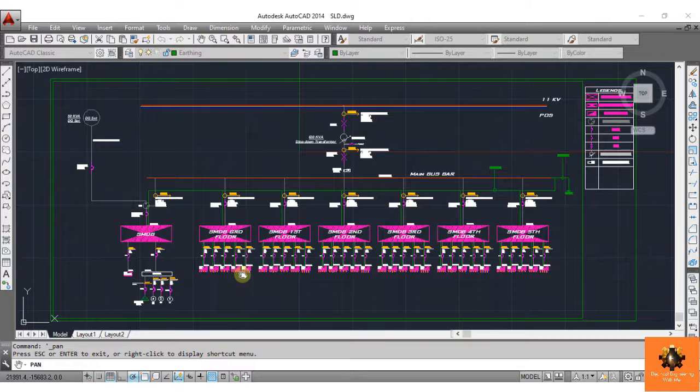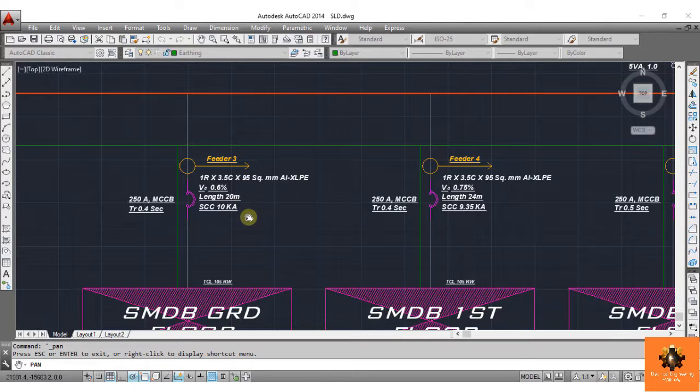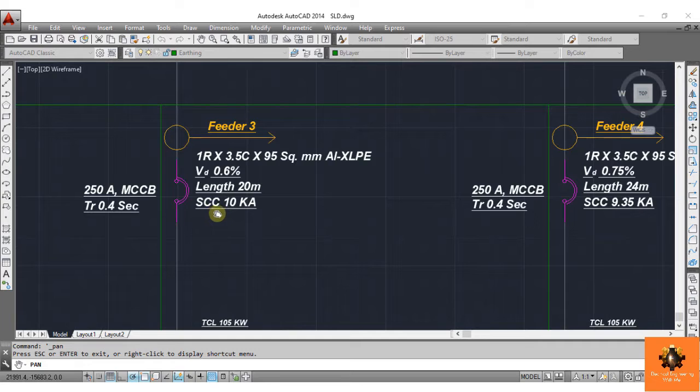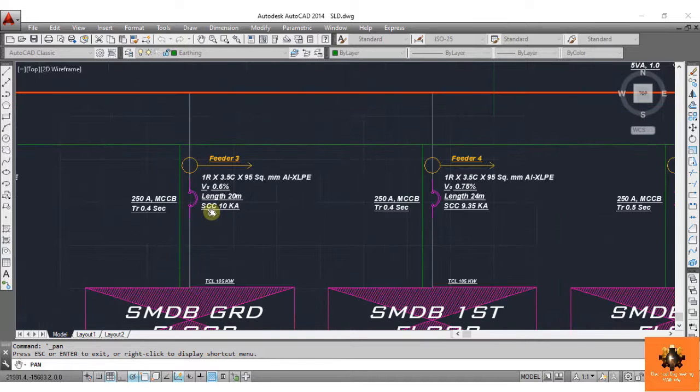Okay. Now after all we are left with two more points. One is short circuit current and other one is earthing. So come to short circuit. Short circuit current flows in the electrical system when fault occurs. It may be your line to ground fault, line to line fault or triple line. It may be any fault. And this short circuit current is the excessive amount of current which flows in the system and it can damage your equipment. It is a large amount of current and often it flows in terms of kiloamperes.